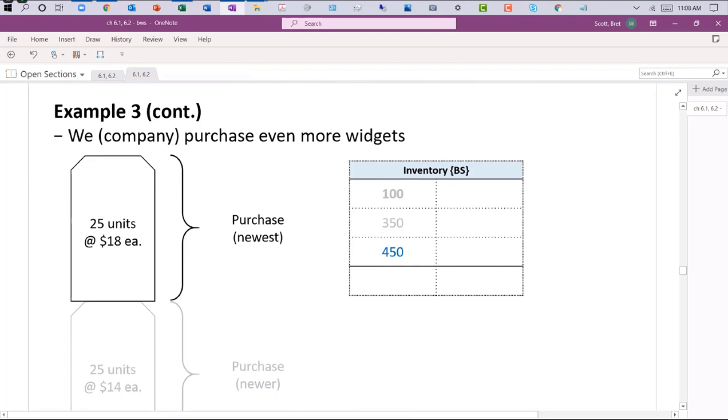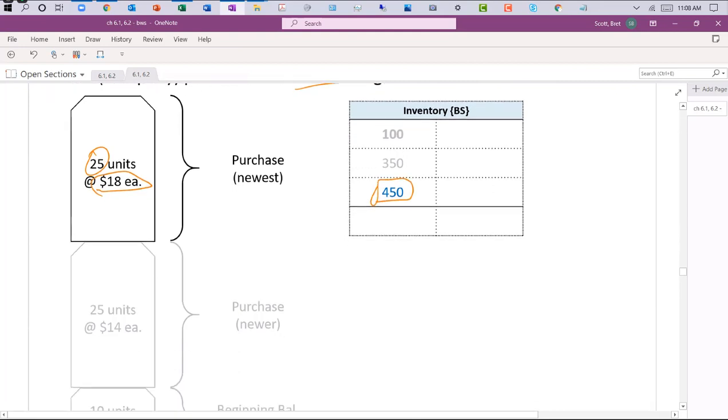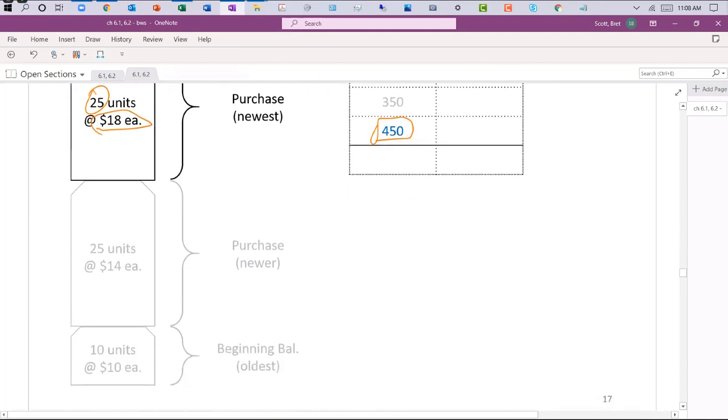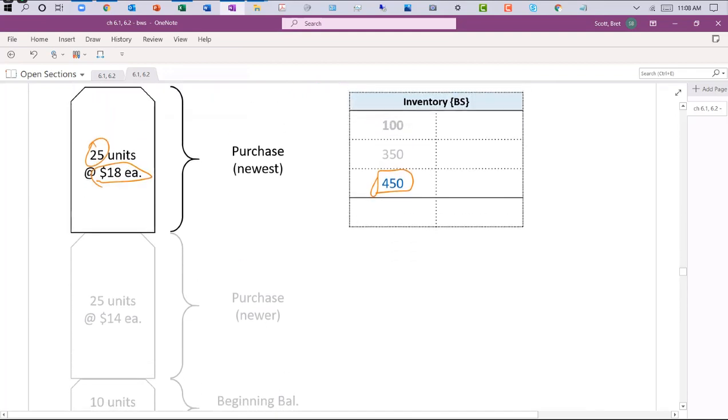If we purchase even more widgets, let's assume that now that's like $18 per unit. This is pretty high inflation, of course, but it's just used for illustrative purposes. We buy another 25 units. This time it's $18 per unit. We're plugging in 450 into the inventory count in that case. So create a visual. Stacking is what I like to do. Stack them. Stacking usually kind of helps you create this visual, because now what we need to do